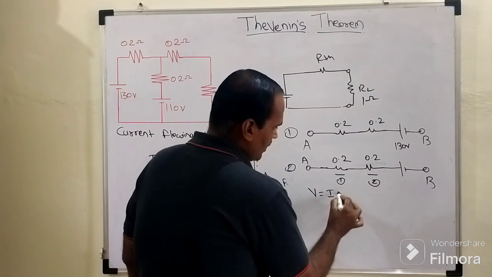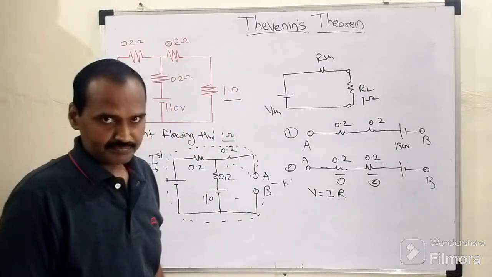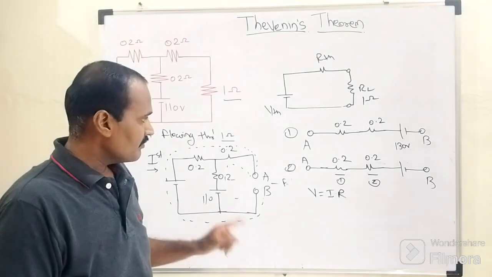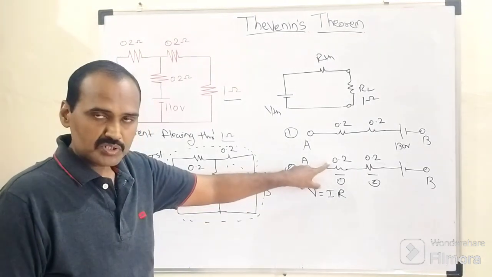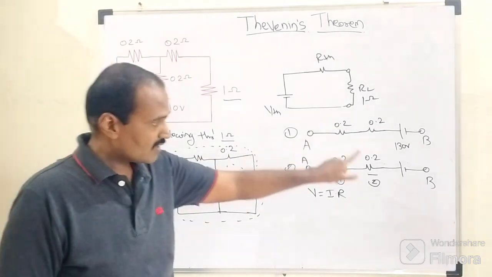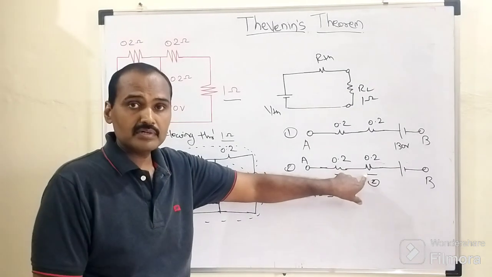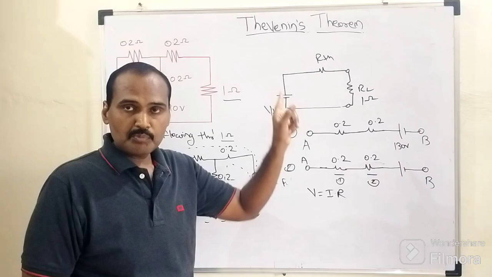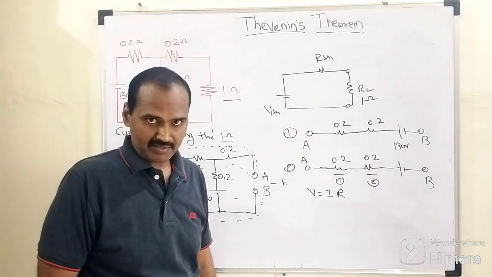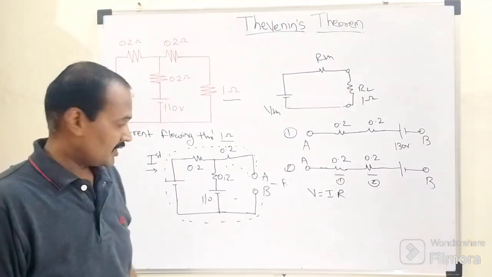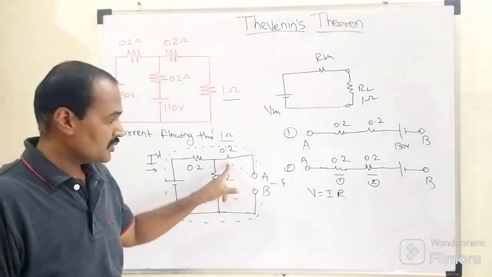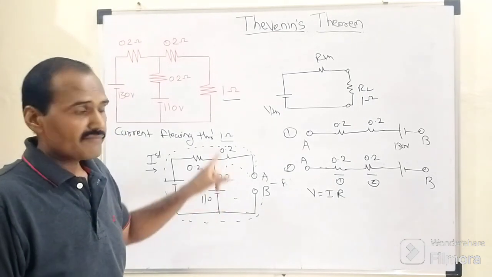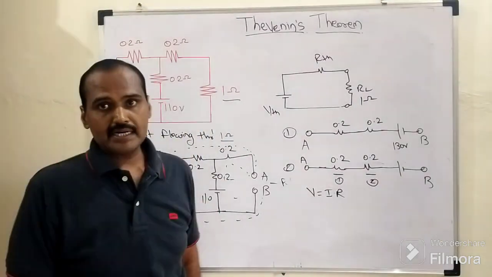According to Ohm's law, V equals I into R. So we need to determine the current flowing through this 0.2 ohm resistor and the current flowing through this second 0.2 ohm resistor. Then only can we determine the potential lying between A and B. Are you getting my point? We need to determine the current flowing through this 0.2 ohm resistor and this 0.2 ohm resistor. But another interesting fact about this existing network is that